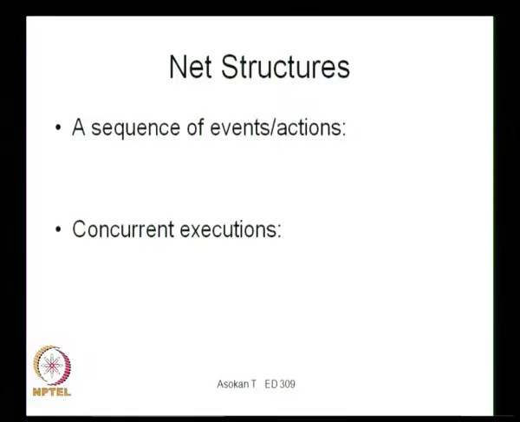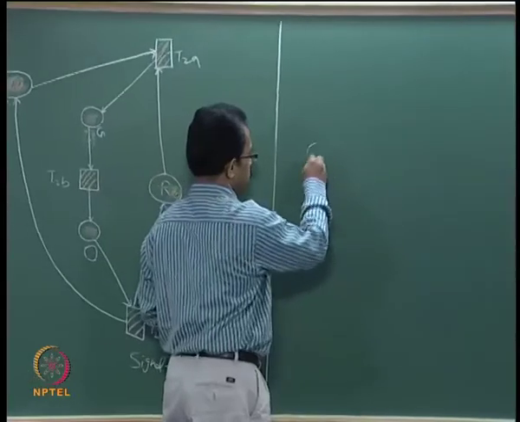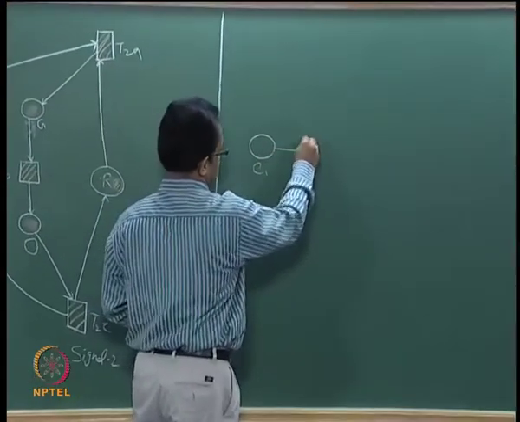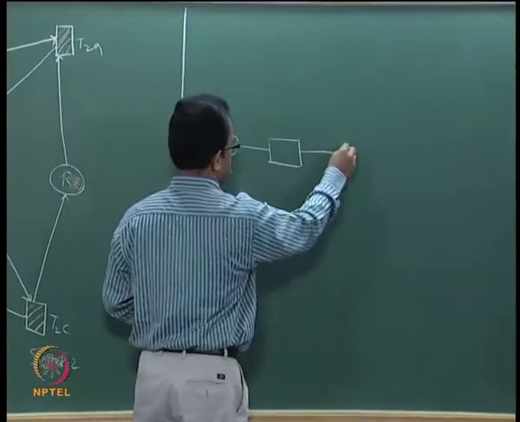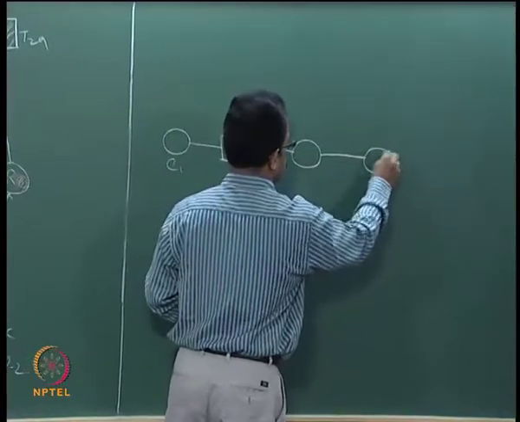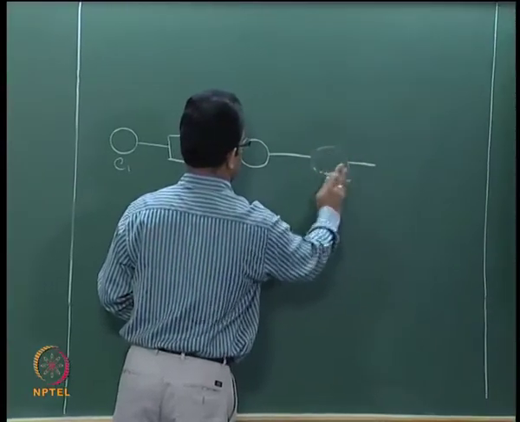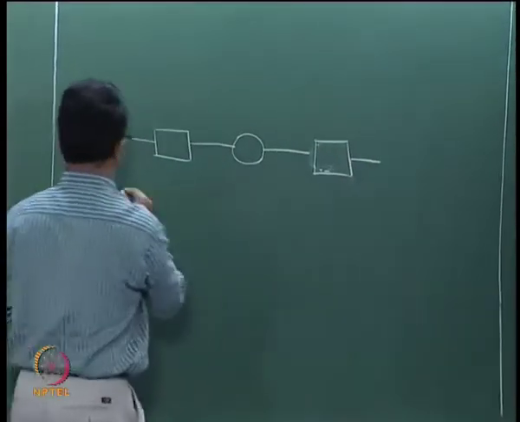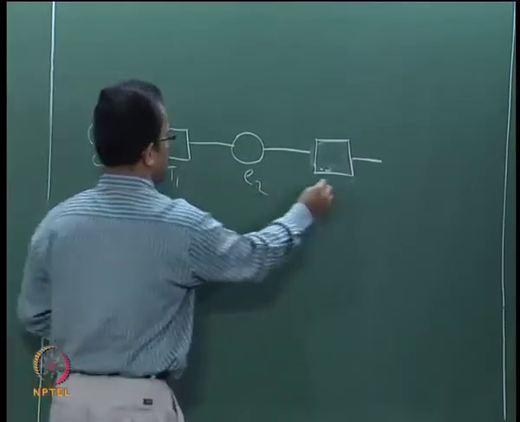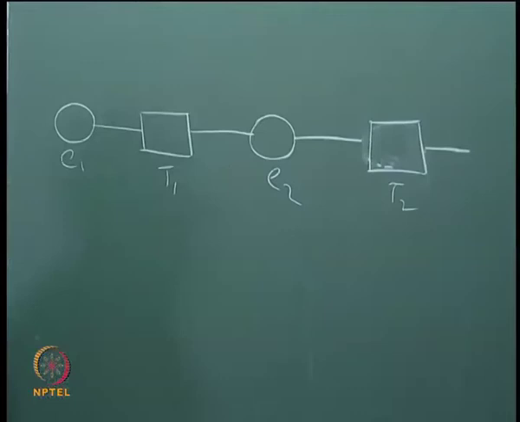Here you can see, as I mentioned, the Petri net can be used for various scenarios. We can represent a sequence of events, as you can see here. You can have events E1, E2, E3 represented, with places and transitions. We can represent it in a serial way: you have an event or place, then a transition, then an event. So this is E1, E2, then transition 1, transition 2. This is basically a serial sequence of events.